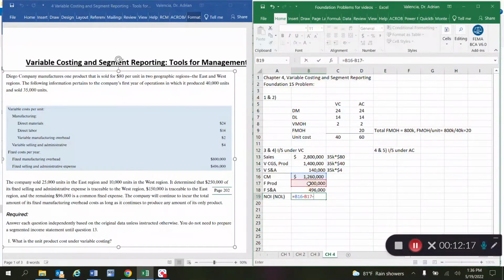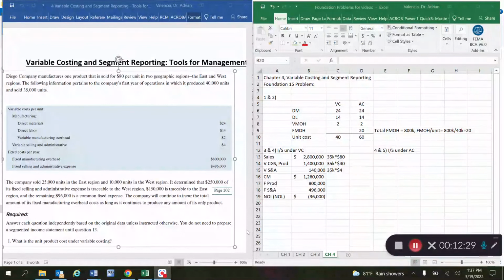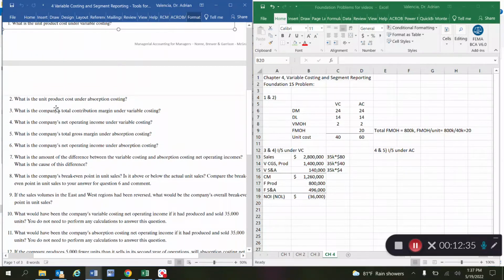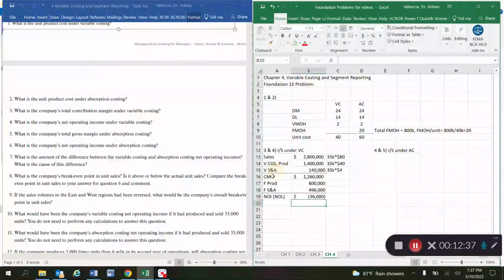This minus that and minus this. And we get a net operating loss of $36,000 for a sales level of 35,000 units. Okay, so that takes care of questions 3 and 4, where they ask us for the contribution margin. That's 3 right here. And then the 4, net operating income, which is technically a loss at this point for